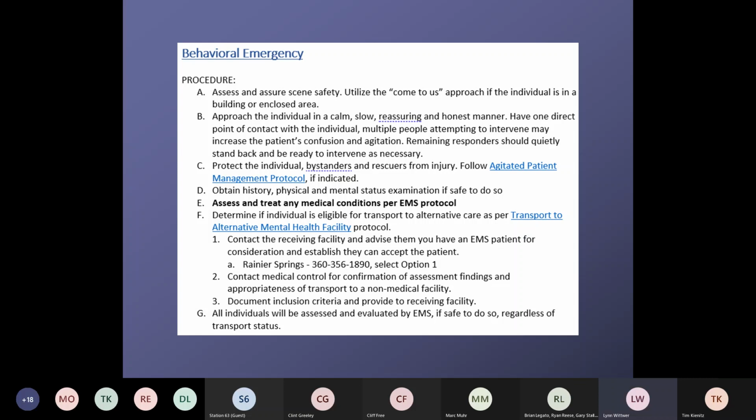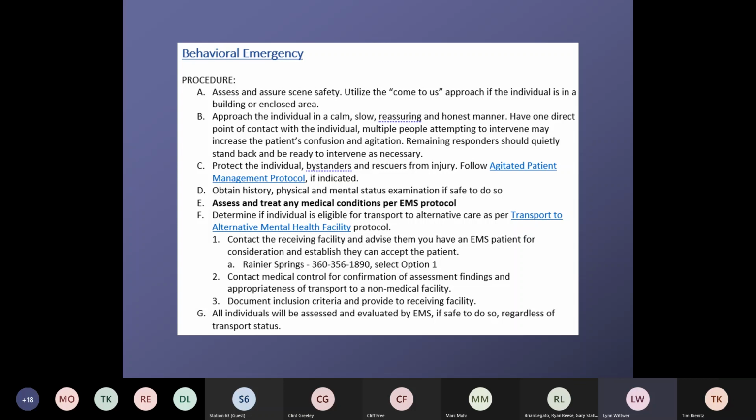Think about the alternative mental health facility protocol. I noticed that we missed something in this one when I read it again this morning. Contact the receiving facility and advise them you have an EMS patient for consideration, and find out if they can accept the patient. We have the Rainier Springs listed there, but we have to list the county's acute mental health center as well. That will be corrected. Contact medical control for confirmation of assessment findings and whether it's appropriate to transport that patient